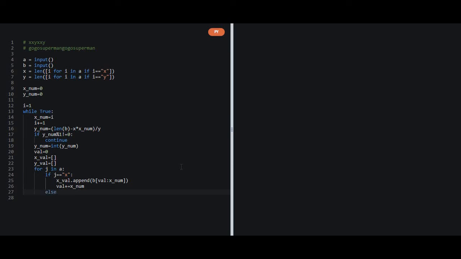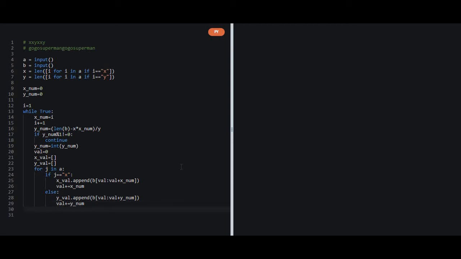And if our j is equal to y, we want to add it to the yval variable, and it will also have val plus ynum, and our y will also work in a similar manner. I could have copy pasted it, but no problem.